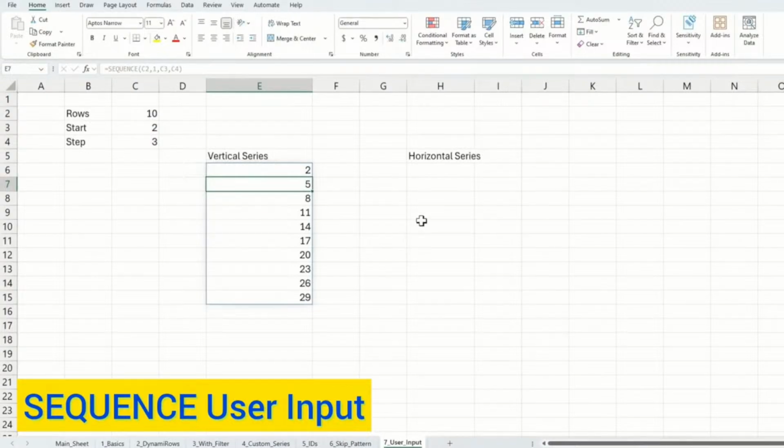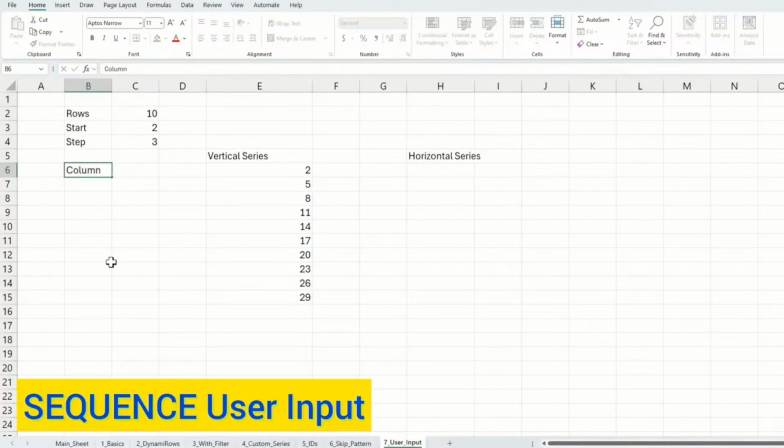Let's do the same way and generate the horizontal list. For this we need the column number also as a configurable value. I will type Column in B6 and put some value in C6, so that we can use it in the function. Type equal to